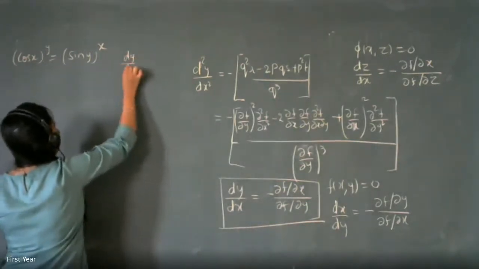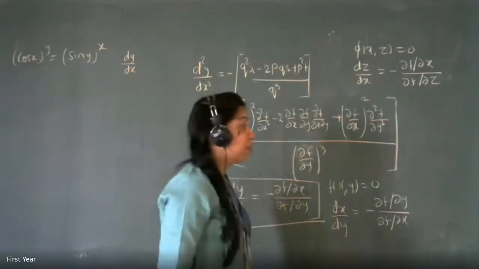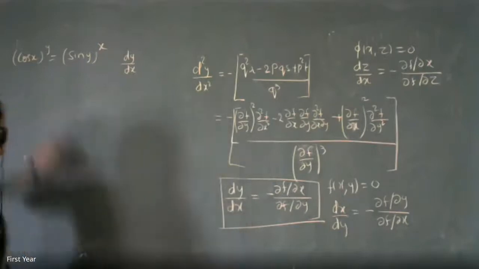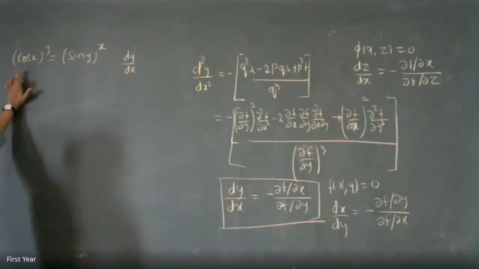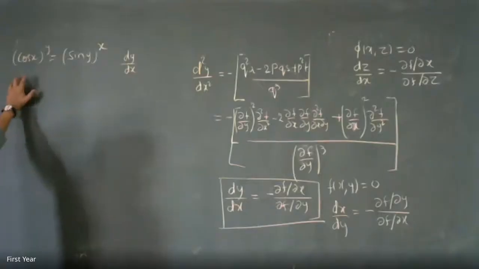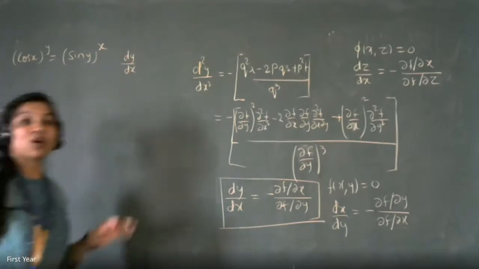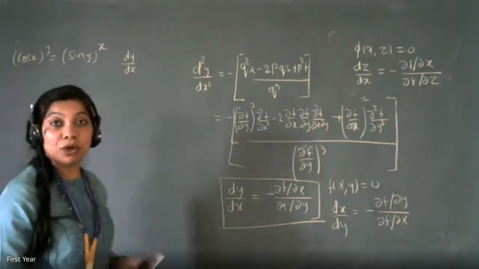Find dy by dx. Now from the question it is clear that y is depending on x. But how it is depending, can you separate it out? Just look at the question. Cos x raised to y is equal to sin y raised to x. You will take log and then x and y will come down. But then can you directly write y is equal to some function of x? No, ma'am. Inverse and all, it will become very complicated. So what we are going to do, using this entire equation, we are going to simplify and write it in the form f of x comma y is equal to 0. So let us do that.